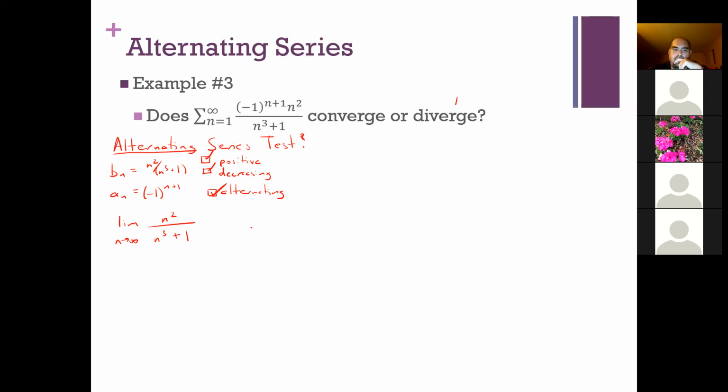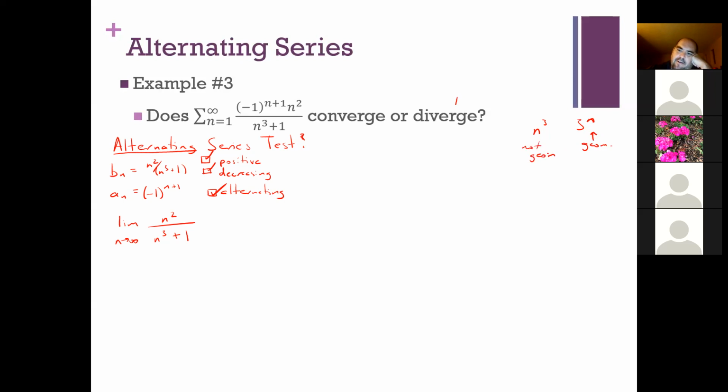Would you use geometric? No, it's not going to be geometric. One thing, this has come up a couple times. They look similar, but pay attention to these differences. If I have n to the third power or 3 to the n power, only one of these is geometric. This one right here is geometric. This one right here is not.